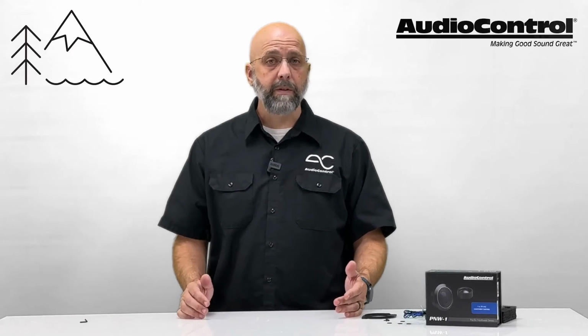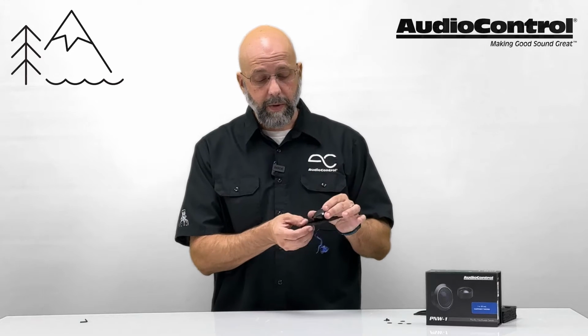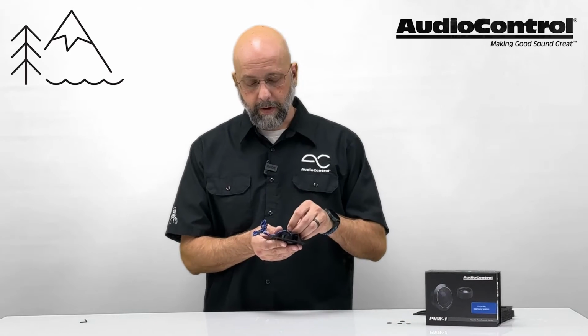Now, if none of your factory speaker locations have the proper sized hole, we do include a 3.5-inch speaker adapter with the PNW-1. Simply slide the tweeter into the bracket. Again, we're going to use one of these U-shaped brackets. Put this right on the back, and then using a washer and a mounting screw, just going to go ahead and put those in the back of the tweeter. We now have our PNW-1 mounted into a 3.5-inch mounting adapter, which will fit in the dash of many popular